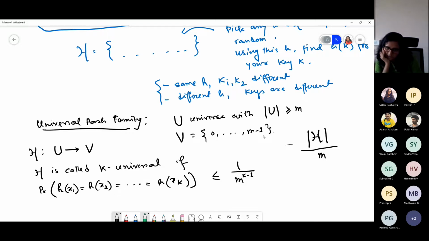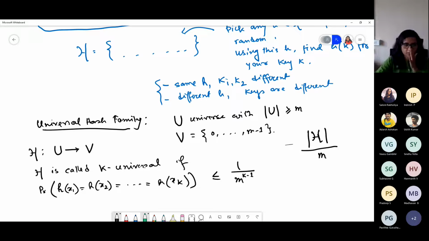So it is just as good as a uniform random number generator, or like that previous condition that we discussed last day, SUHA, simple uniform hashing, that is also similar to this universal hash family. But in the case of a universal hash family, we are not imposing any kind of assumption. Here there is no assumption. We are just constructing some realistic function with some condition that this probability value is matching or not. We are not assuming anything.